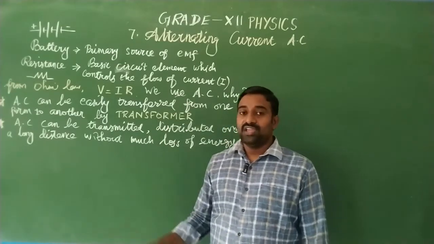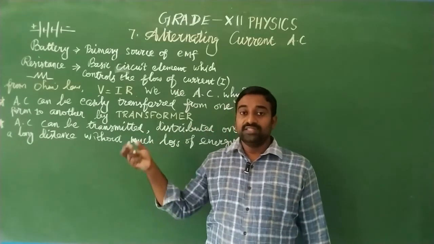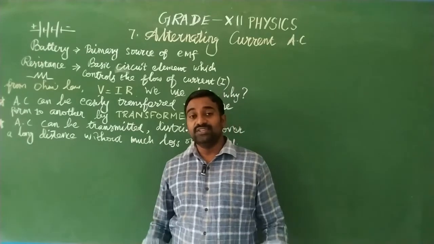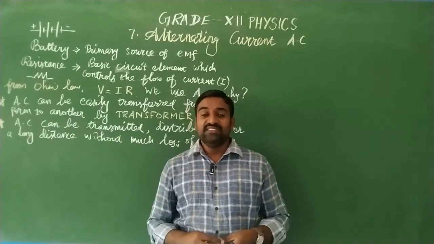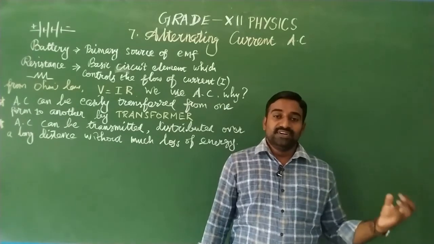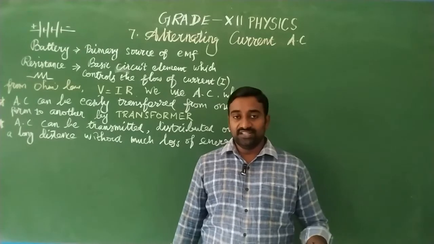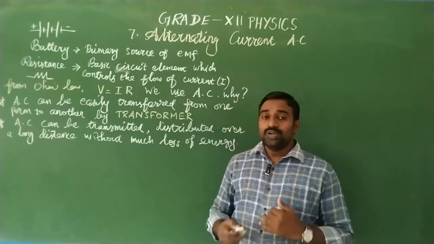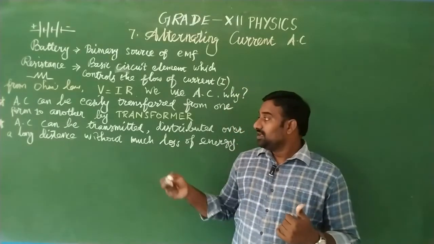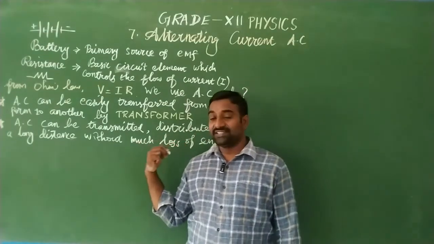Now, the electric energy produced in the thermal power plant at Mettur, and the electrical energy produced in the hydro power plant, at large scale, is AC. Even at Neyveli, Neyveli Lignite Corporation, they burn the coal, boil the water, and from the steam they operate the turbine, then AC current only is produced. So the AC current can be transmitted and distributed over a long distance without much loss of energy.